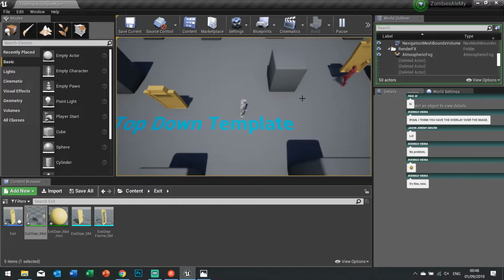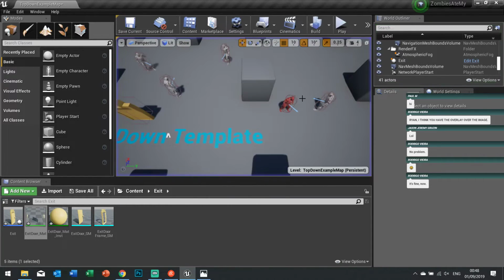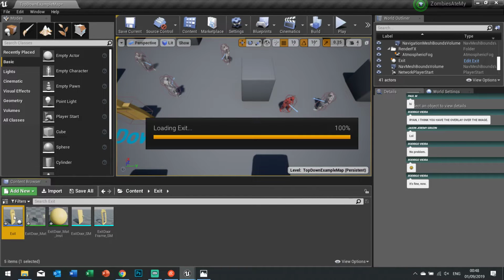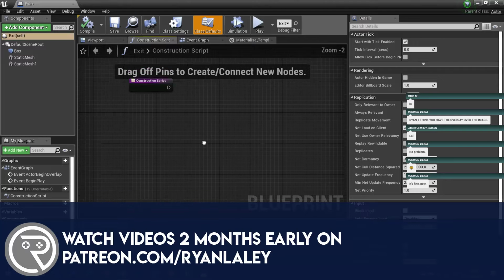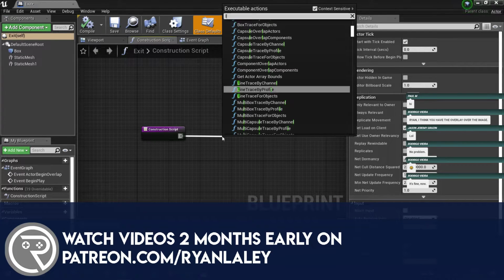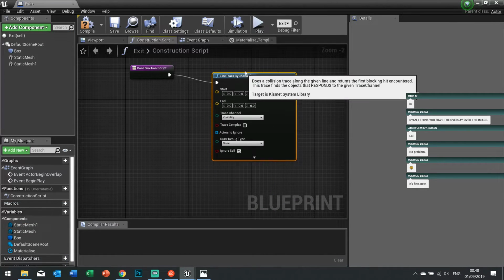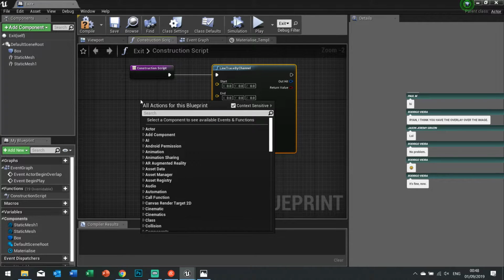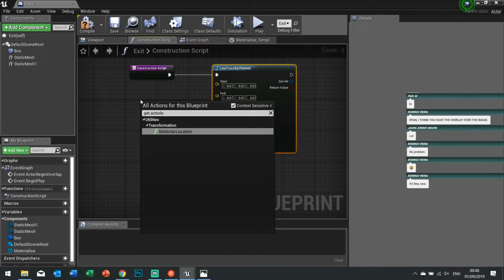So I think it's facing the right way. Yeah, that one's facing the right way. This one isn't. So let's just nail it to the floor. So I'm going to do that in a construction script, and in here we're just going to do a line trace by channel. Start position is going to be its location, so get actor location,